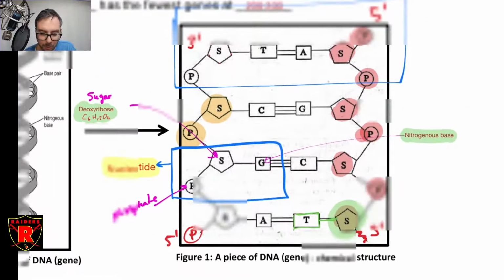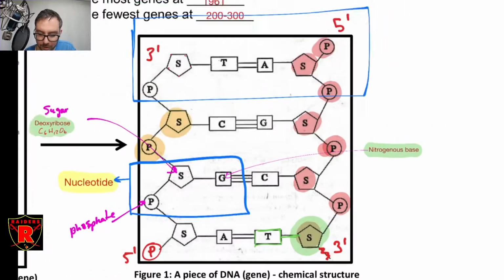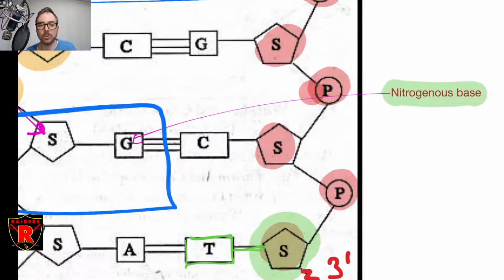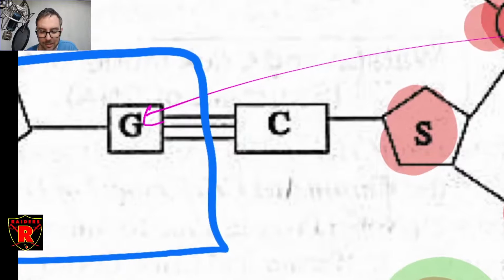So, you may be wondering then, what's up with these nitrogenous bases in the middle here? Well, those are the actual letters of the code, because the sugar phosphate just repeats and repeats and repeats. There's no information in that. You can't know anything from reading the backbone of the DNA. What you want to read are these guys in the middle.